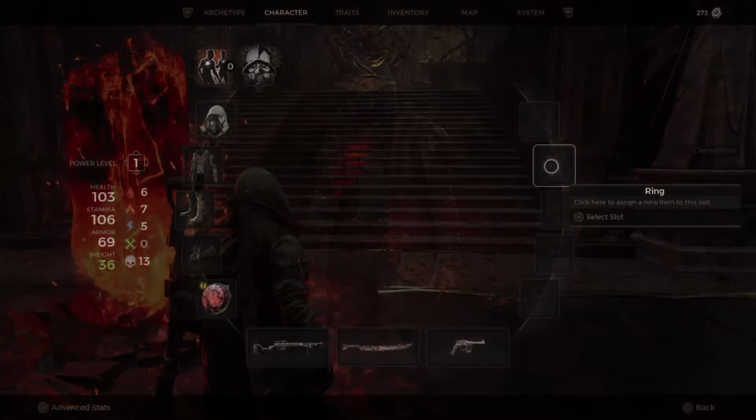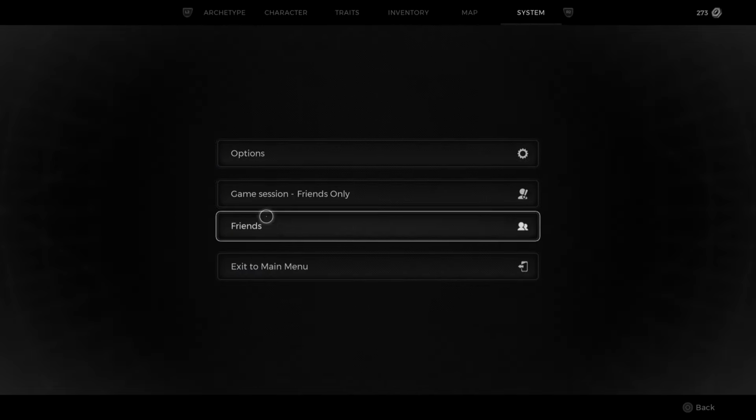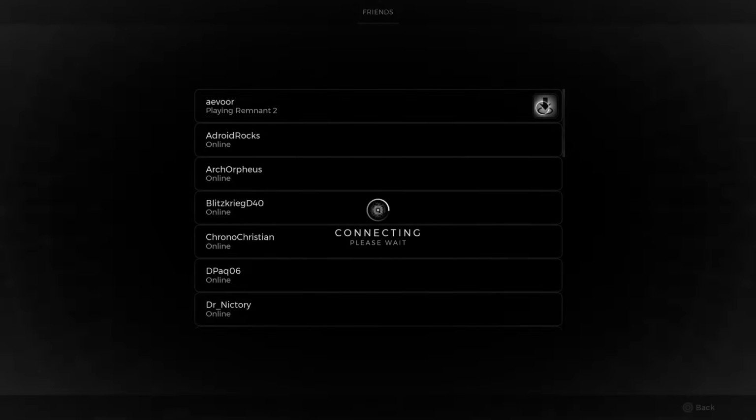To join a session, you have two options. Head to your menu screen and scroll over to System. Click your friend list, find your friend, and click to join. If you plan on joining a specific friend that you know is online, this is going to be the quickest